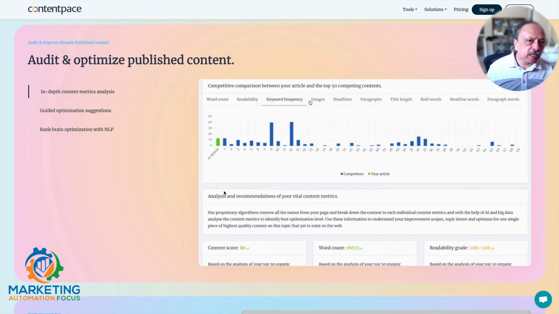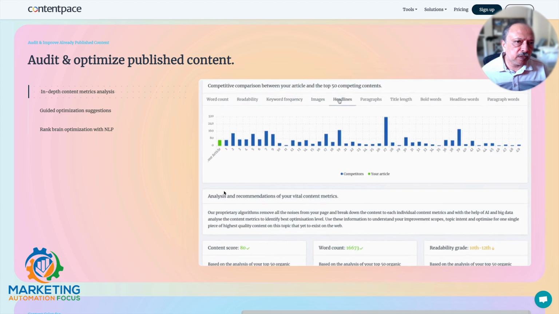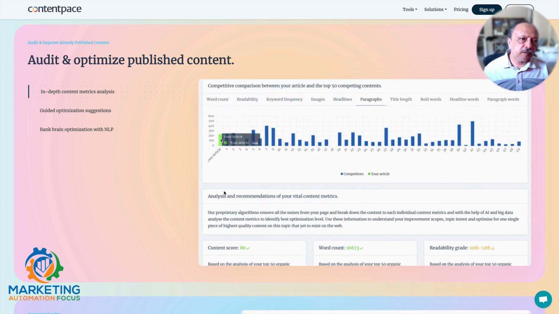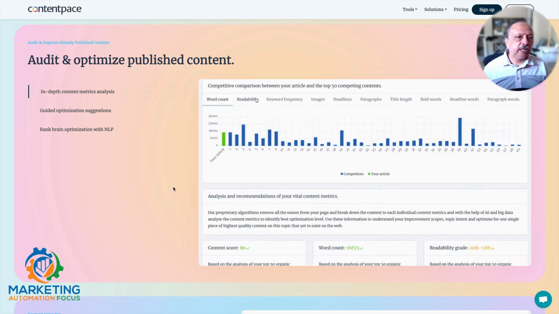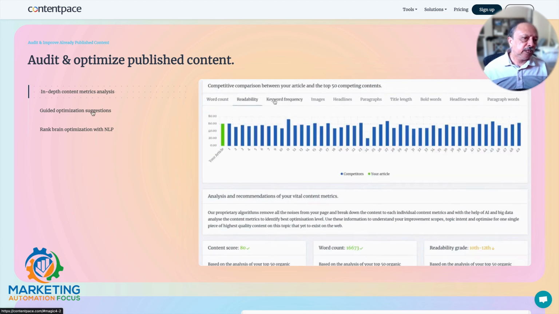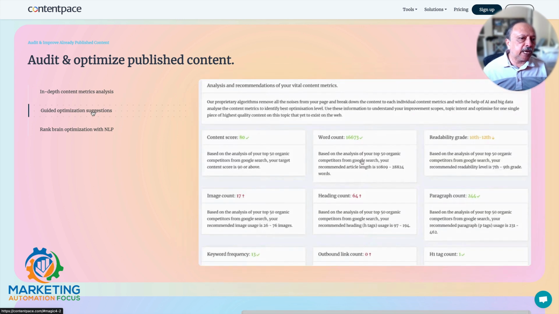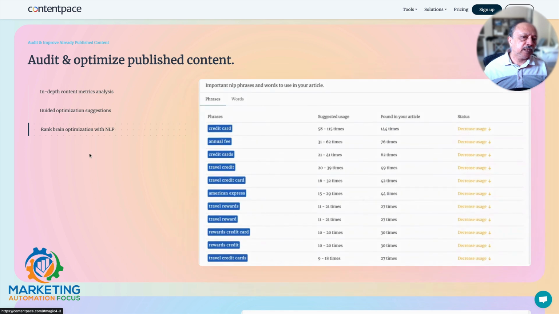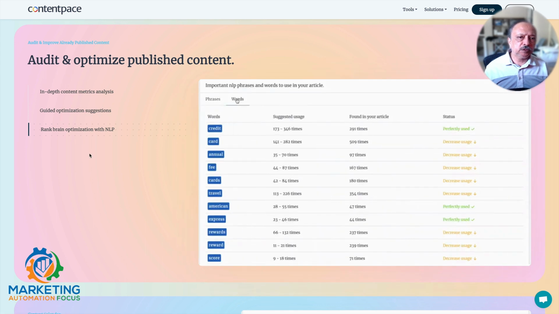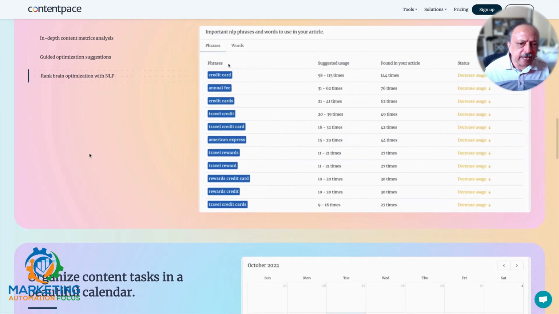And audit and optimize published content. So they also have a means of, if you already have published content, then you can analyze that and it helps you optimize it. It's not automated optimization. It just guides you with some suggestions, like it's showing here, and then RankBrain optimization here. I don't know what that RankBrain is, but